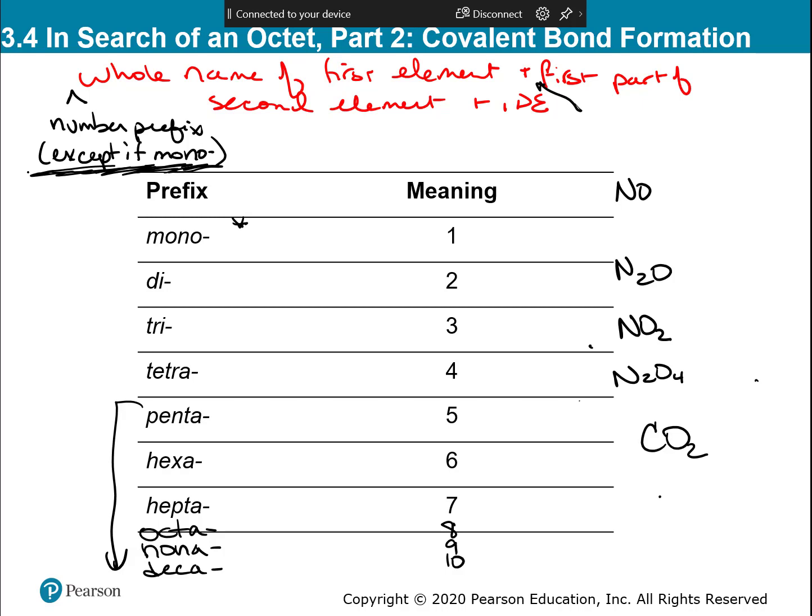Okay? So if I have NO, what would you call that? N is nitrogen, and there's only 1, so I do not have to put mono. You just say nitrogen but then there's only one oxygen, so I would have to say monoxide. Okay, so that one shows you the exception. If the first element is a 1, you don't have to put mono. But the second element, you always have to. So then N2O,